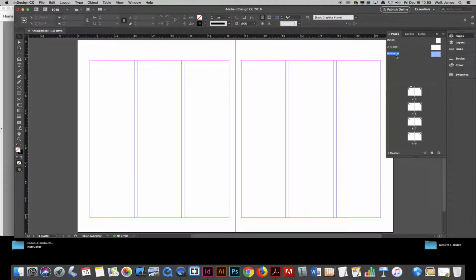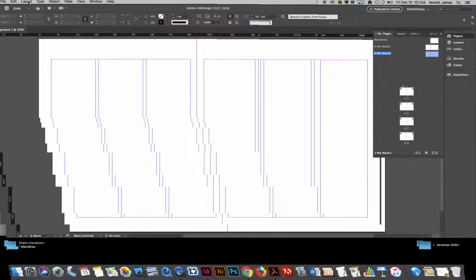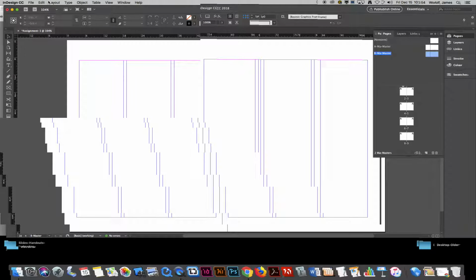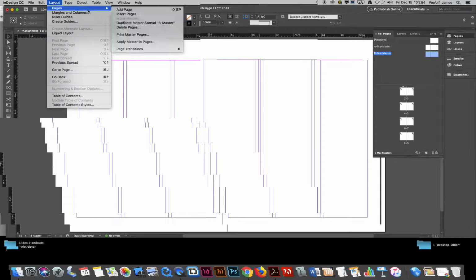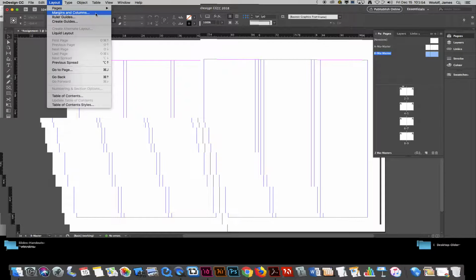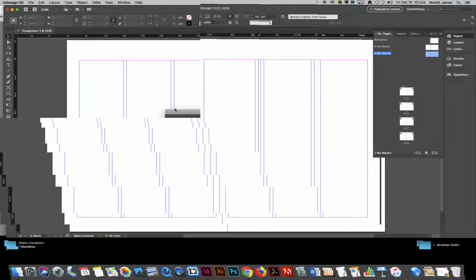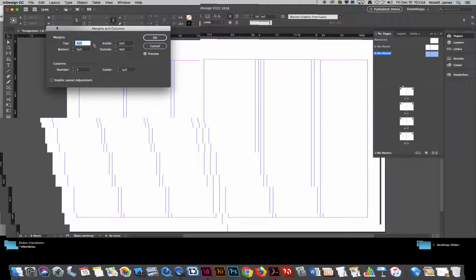So now that we're confirmed that you are on the B master spread by looking at your Pages panel, go to the Layout menu, Layout, Margins and Columns,